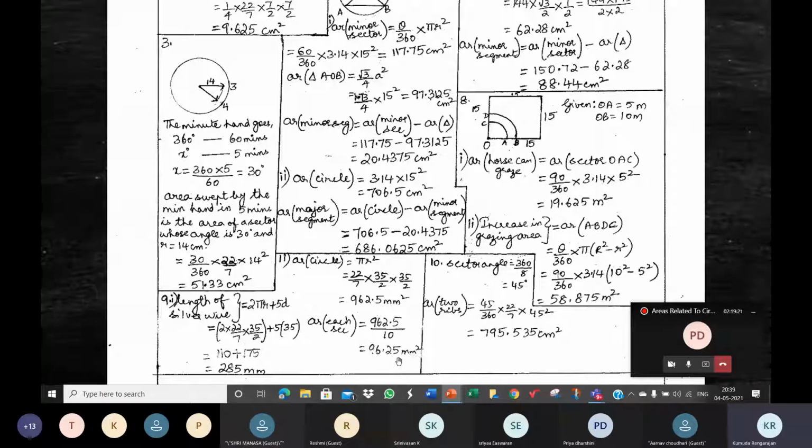Anyways, it's fine. What is each sector angle, children? 36 degrees. Why is it 36 degrees? 360 divided by 10, because completely it is 360 and it's divided into 10 equal sectors. So 360 by 10, 36 degrees. So to find the area of the sector, you can use the sector area formula, theta by 360 into pi r square, or you can also do what you see here on your screen.